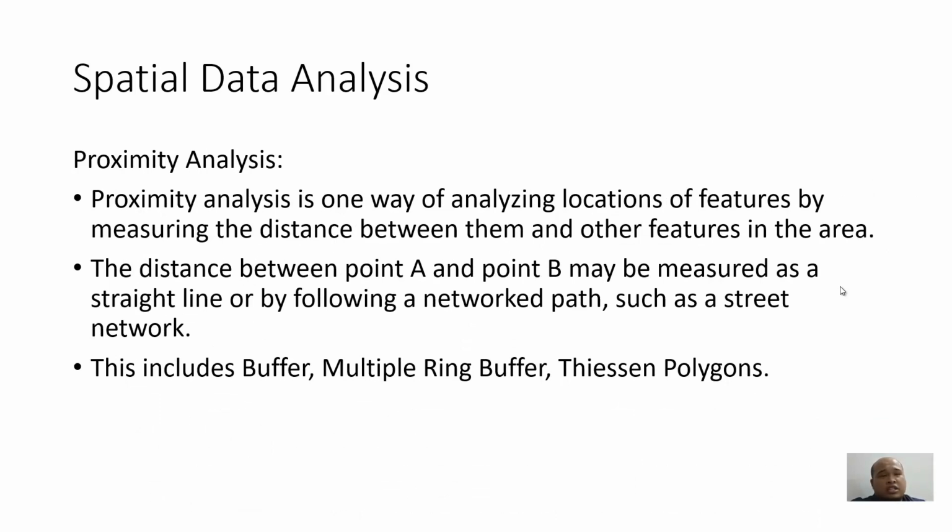Next is the proximity analysis. It is one way of analyzing locations of features by measuring the distance between them and other features in the area. The distance between point A and point B may be measured as a straight line or by following a network path, such as street networks. These include buffers, multiple ring buffers, and tiered polygons. Alright, so proximity analysis,